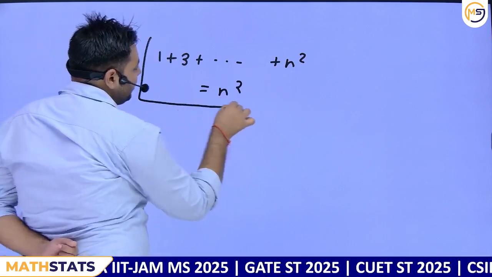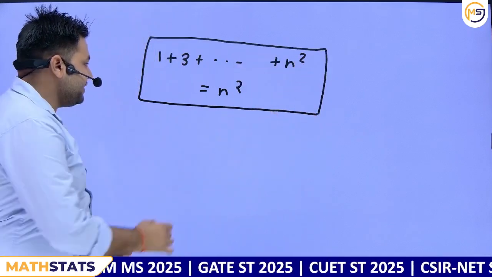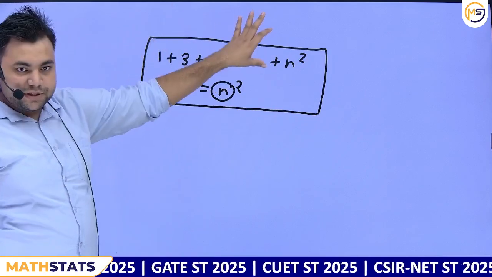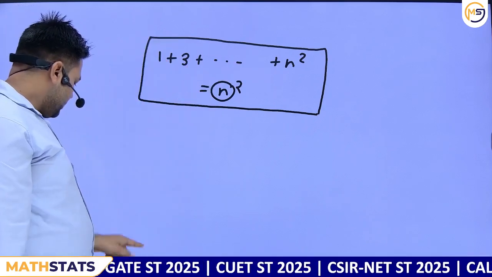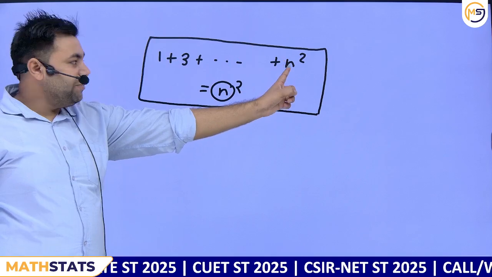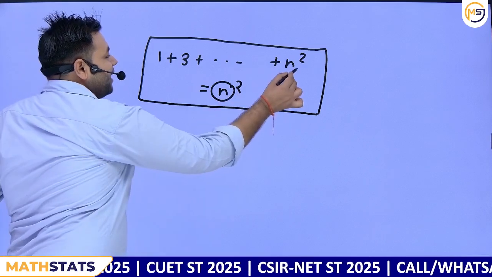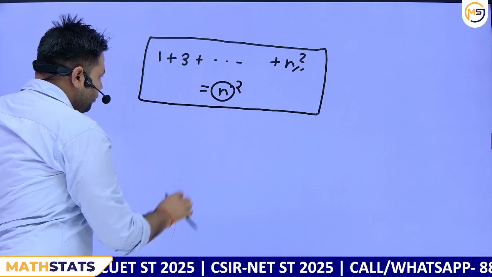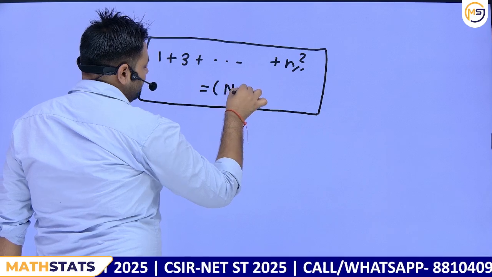This n square equal means, this n means the number of terms. Here the number of terms 1 plus 3, not this n. Remember, this is not this n. This n is equal to the number of terms here, or you can write here this equal to number of terms